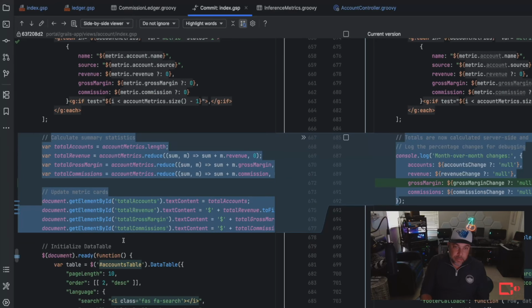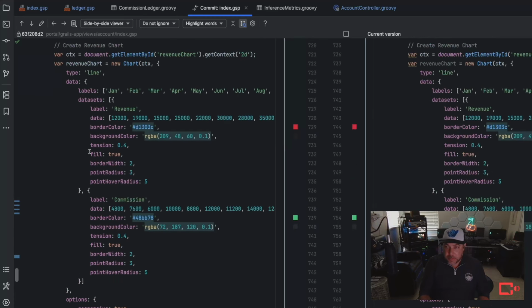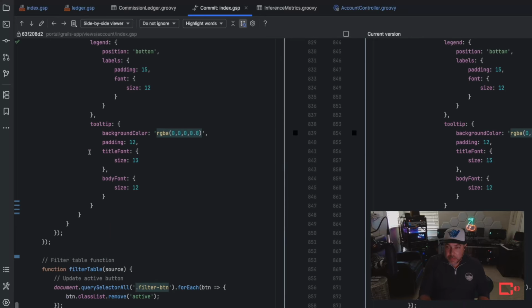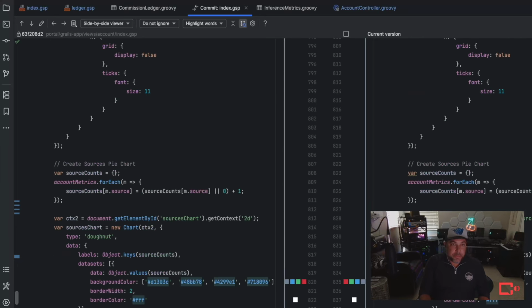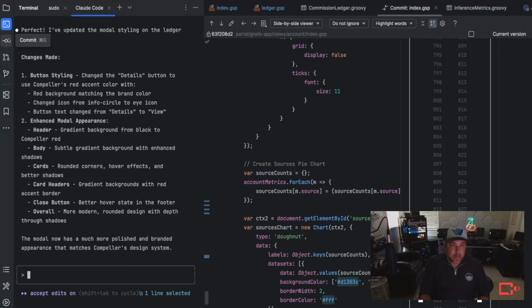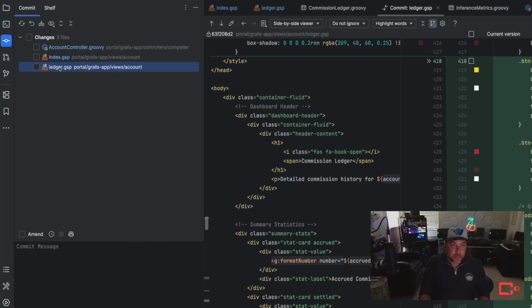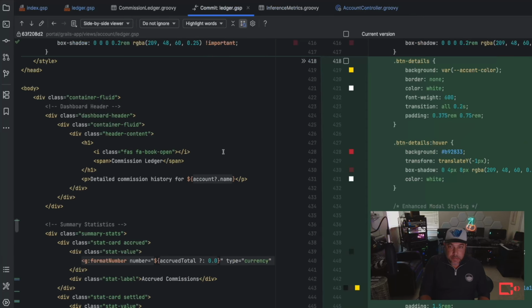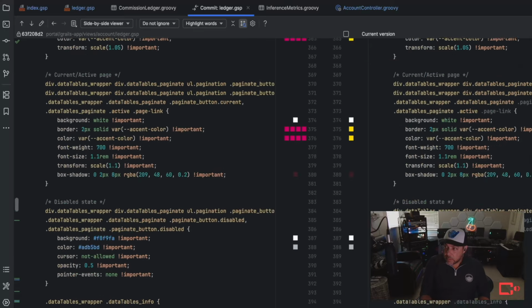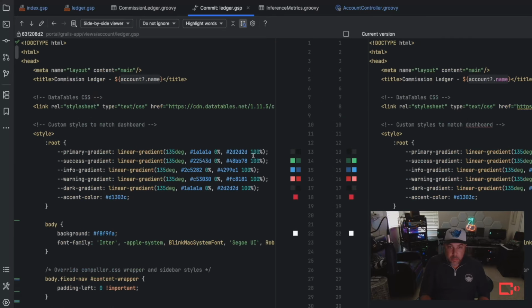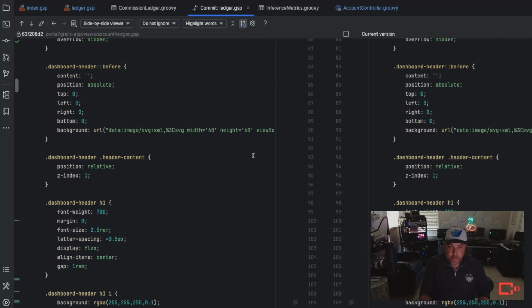Didn't ask for that, it just did it. It took out the JavaScript since we went to using DB queries and passing it into the controller, so that's good. So yep, happy with that.